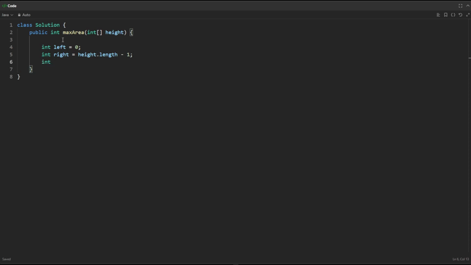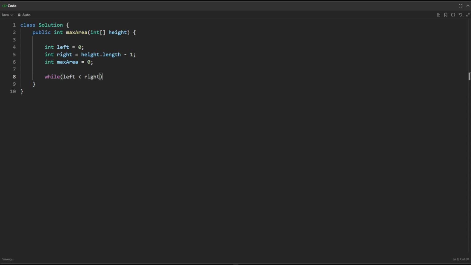And we want our maximum area, which is what we look to return at the end. Now we want a while loop so that we can do the calculation for making our maximum area and iterating through the array. So while left is less than right,